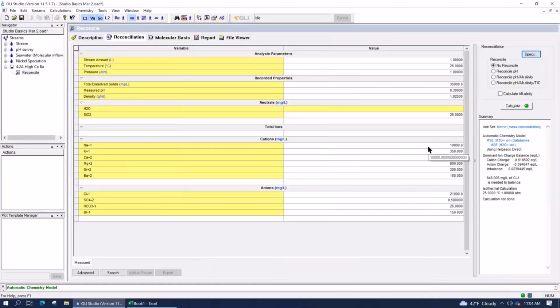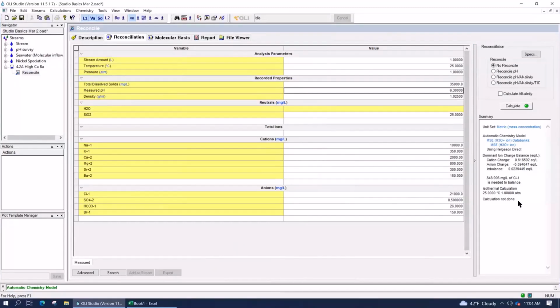It's not always the case that what you enter here will in fact produce a 6.3 pH or a given alkalinity. So when we choose one of these buttons here, we're instructing the software to change the composition of the water such that the properties that are measured here are matched by the properties that are calculated.